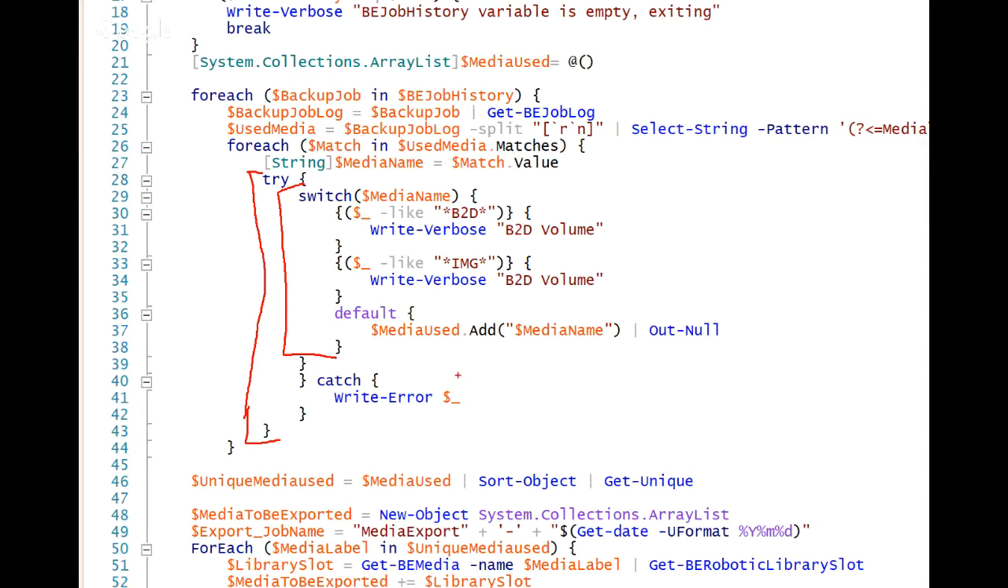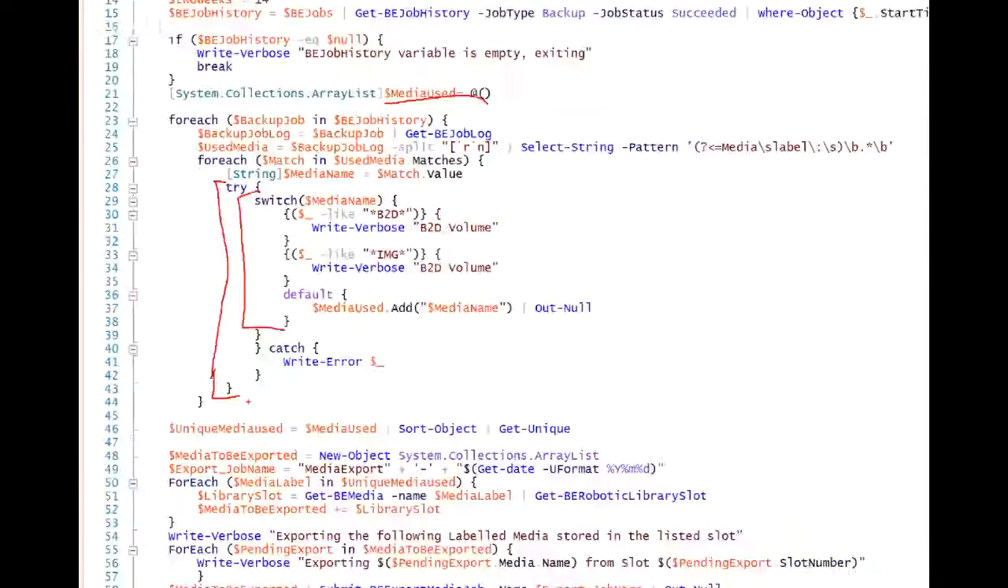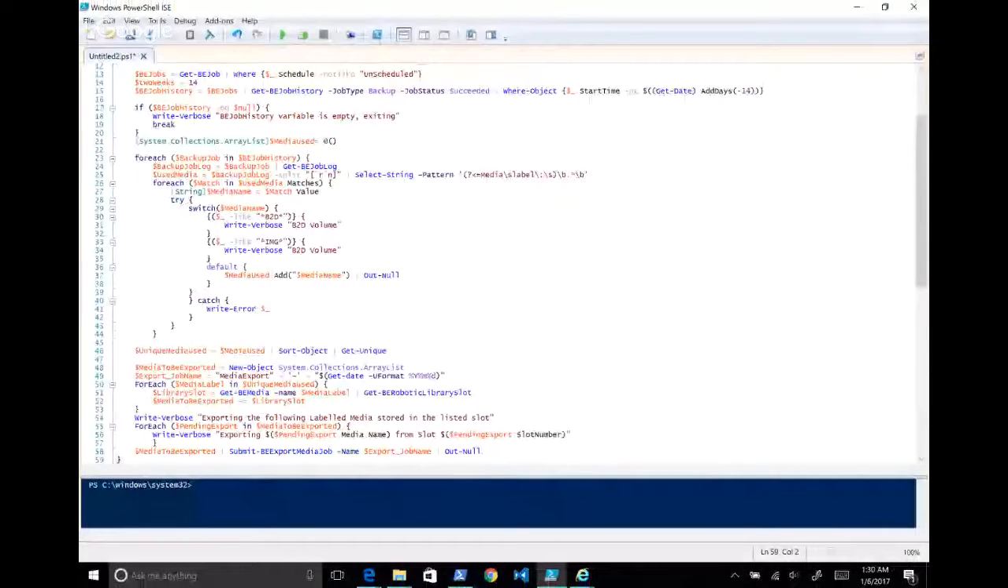Because otherwise, media used. Wait, where's that even defined? Oh, up here. And you're saying it's an array list. So I'm not sure what could possibly fail here. I don't know why the try catch is here. That's my only concern with the script so far, is why the try catch. Okay, let's move on. Let me scroll down a little bit here